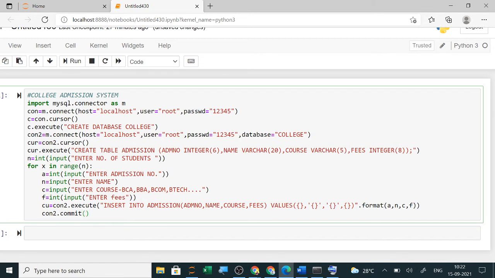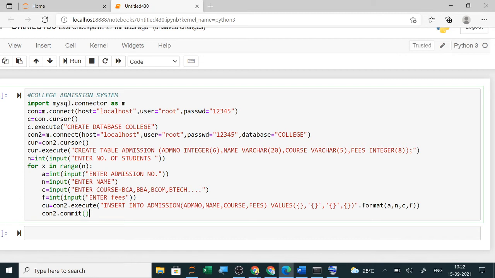So this is over. Now we will start displaying, and we will use the select query to display. For the select query, you simply write the select query here. The cursor is already there, so directly execute the select query, and then you can display all the records. You can use fetch all and display all the records. That is one method, and that is what we will do. We will simply use fetch all and a for loop to display all the records.